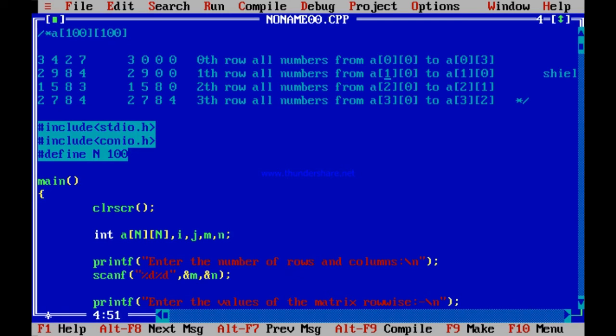Isn't it so? 0th row, all numbers from A01 to A03, not A00. 00 remains as it is. So this is A11, so this is from A12 to A13. Isn't it so? All numbers from A12 to A13.